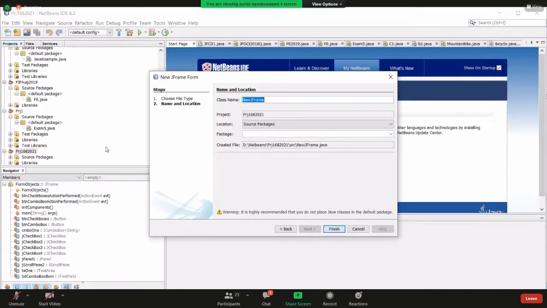Then give the class name. I'll say class name as swing 2. Then it will be saved under this project, and click finish.